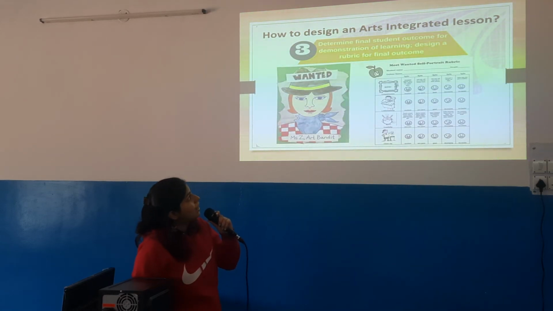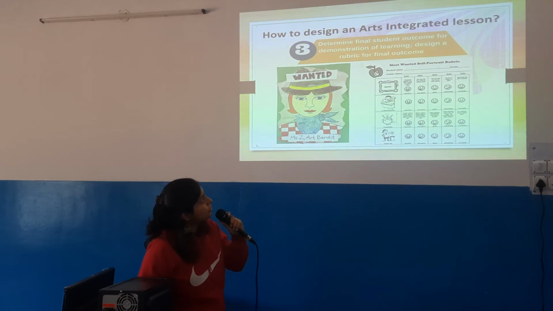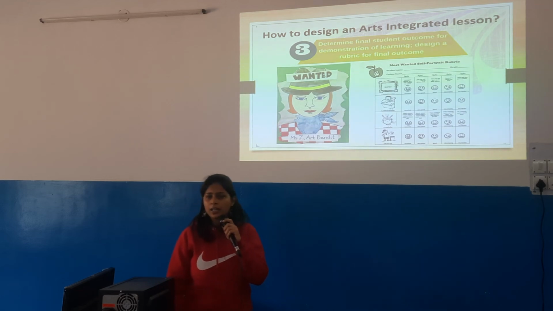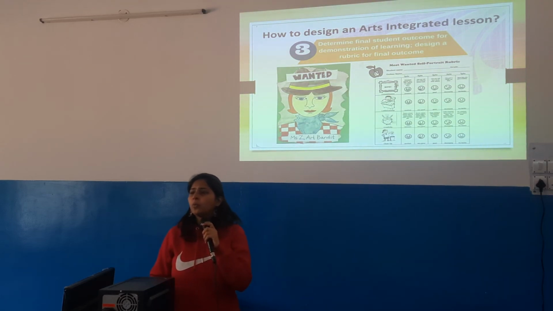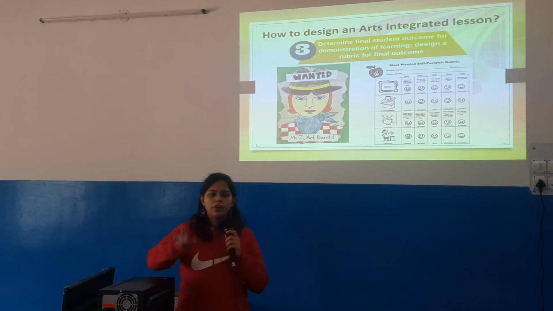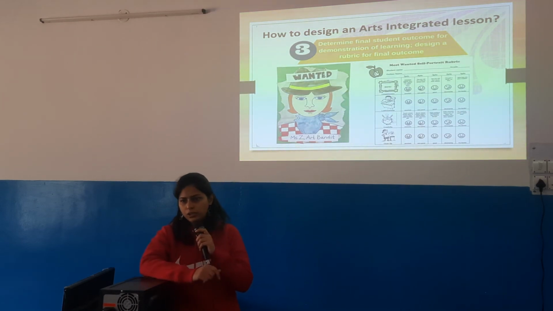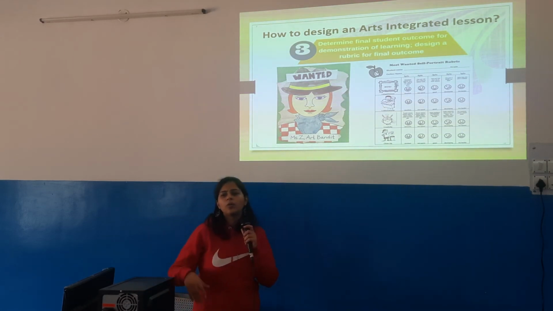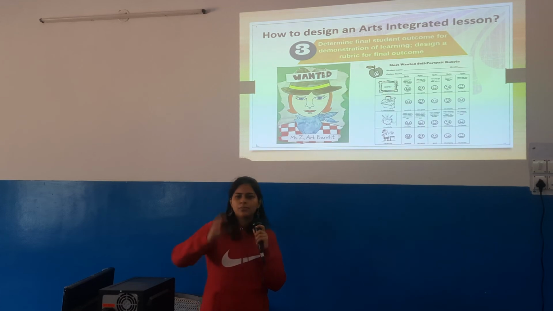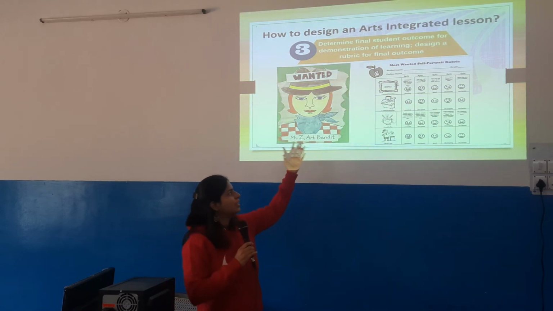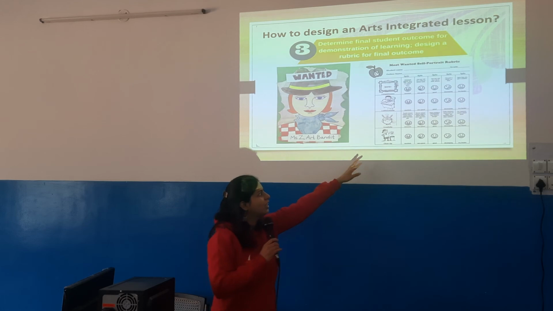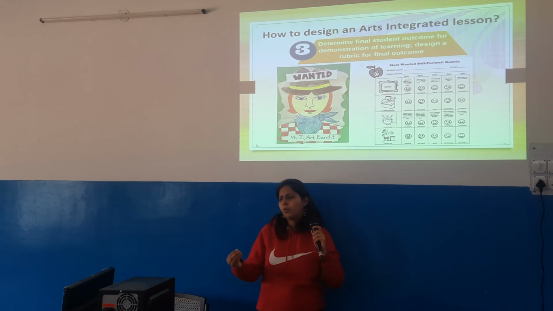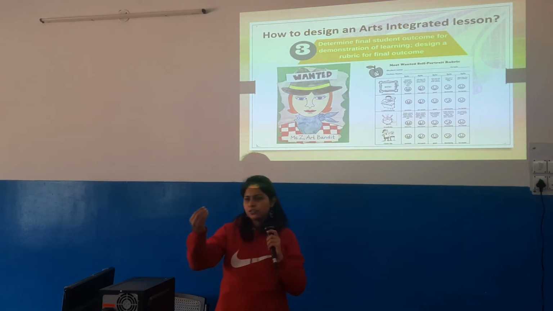Third, determine the final student outcome for demonstration of learning. Design a rubric for the final outcome. This is very important for us as teachers. Whatever we are planning, we need to find its outcome so that our further learning or planning will depend on this outcome. Again, this is very interesting. Here the outcome we should not measure in the form of assessment or marks. We can make it in a different, artistic way. The teacher has taken this initiative and done it in this manner to see the progress report and to express the same in front of students.